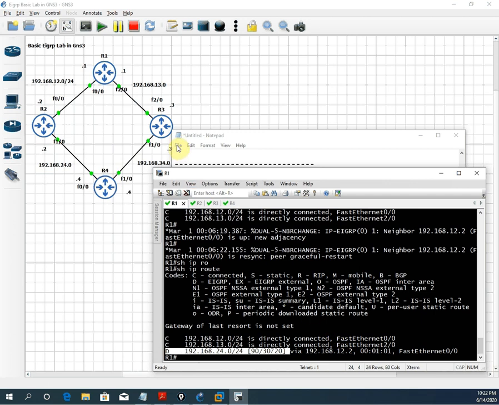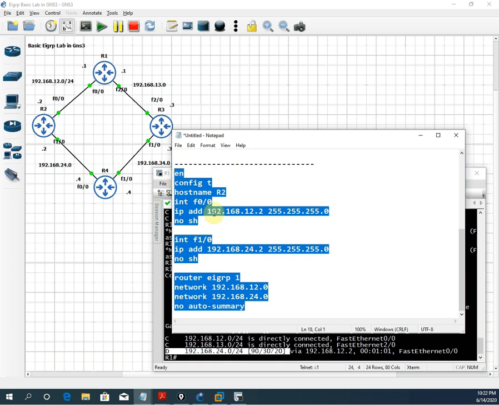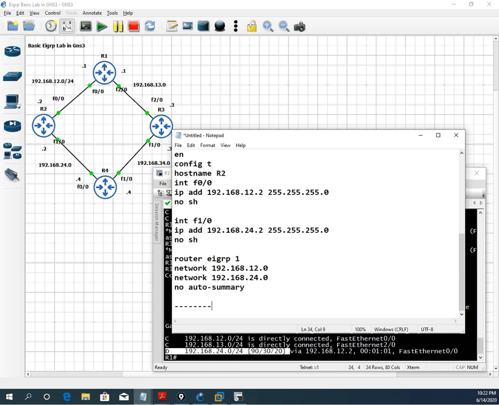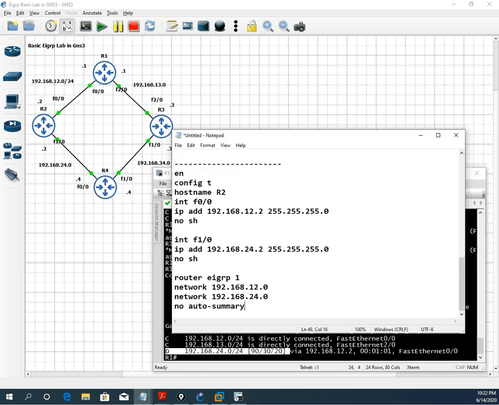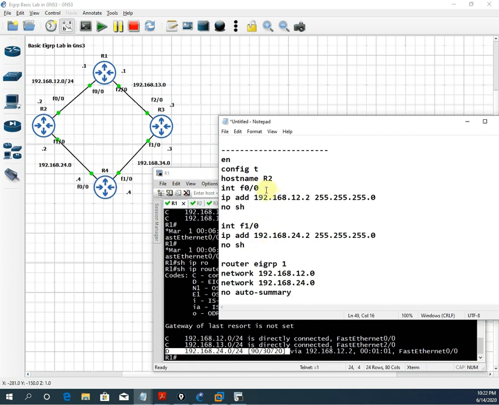So now we have configured R1 and R2. Now we need to do R3. What I will do is copy this R2 configuration again, divide this window, and paste it here. Now I am doing it for R3, so I will make the router name R3. Then which interface do I have?